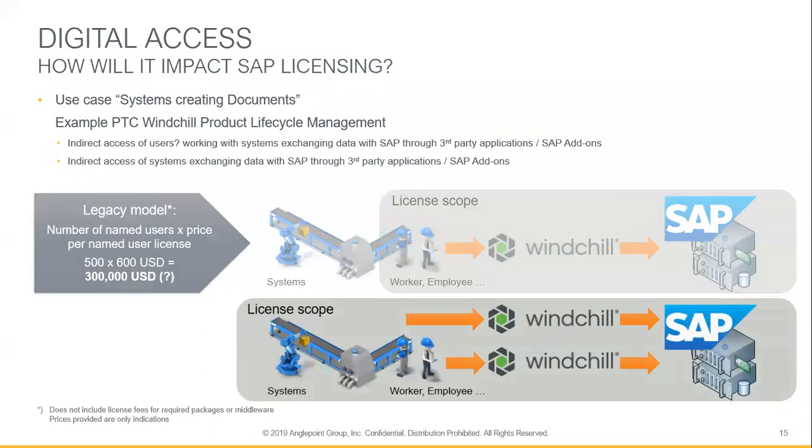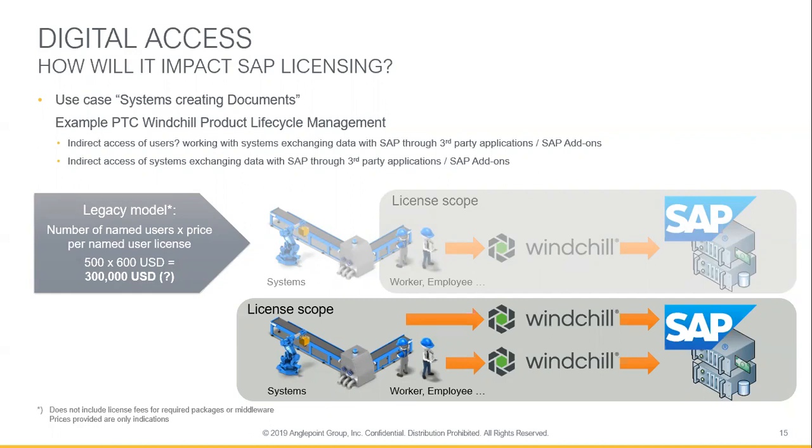With the digital access license model, you could say that you now have options, even though SAP may have changed their mind on that. They had said that you can have either or, meaning you either have the licensing under digital access and the legacy licensing would not be available, but now we see that they may agree to a mix and match approach. Regardless, if you have people that work in your organization that have indirect access to your SAP system, SAP would still expect you to license them based on named users.